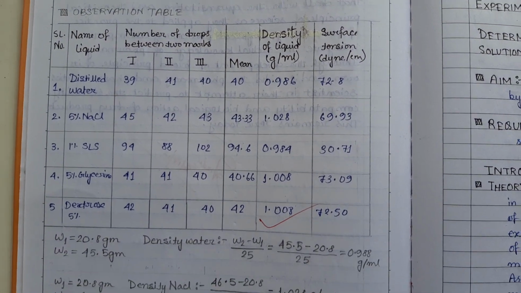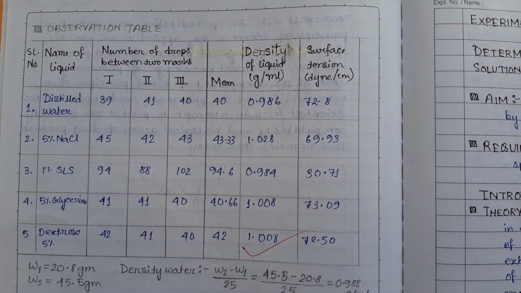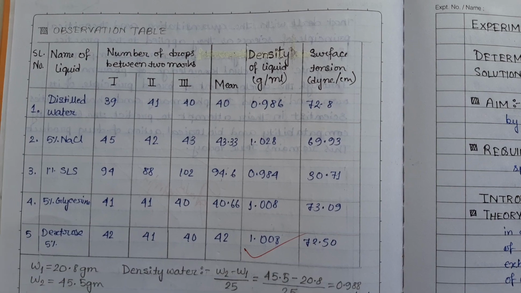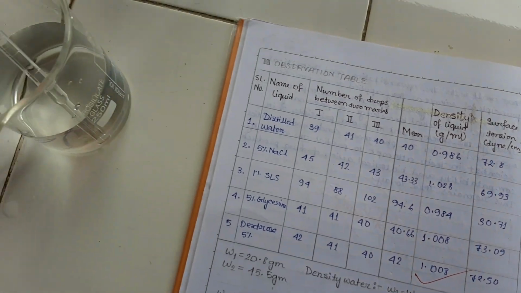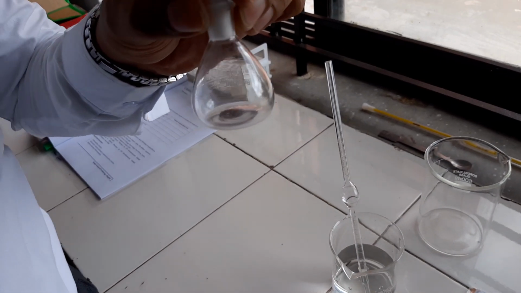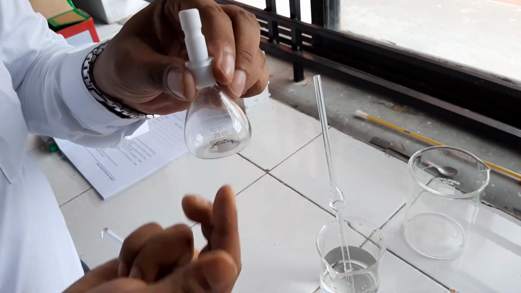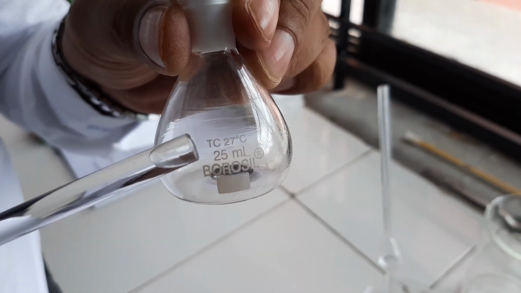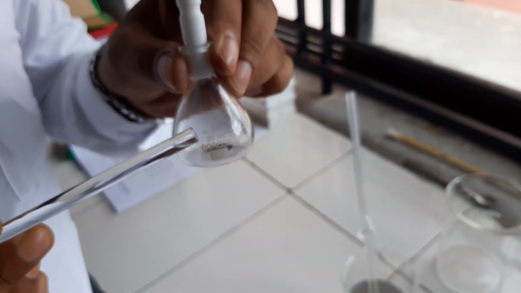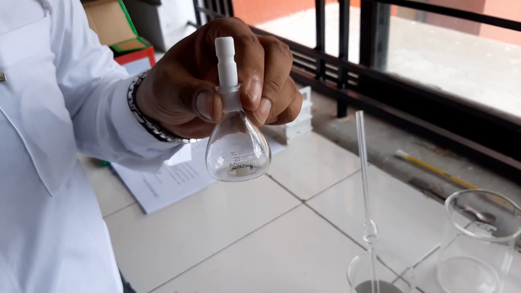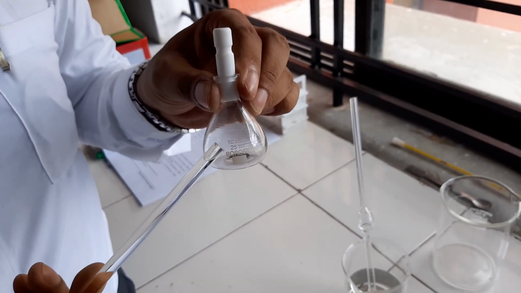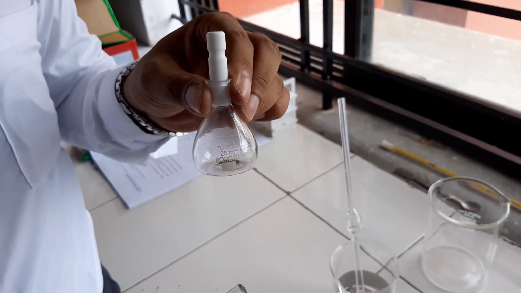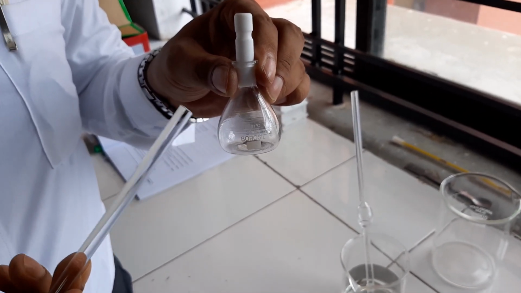After that, as per the formula, density is required for calculation of surface tension. So how to determine density? For determination of density, a specific gravity bottle is required. See, this is the specific gravity bottle, and the total volume of this bottle is 25 ml. It has been written here. We know the formula for density is mass upon volume. So the volume is already fixed here, 25 ml. A 10 ml specific gravity bottle is also available. You can use any one, 10 ml or 25 ml.